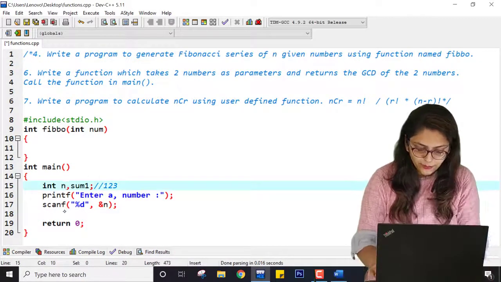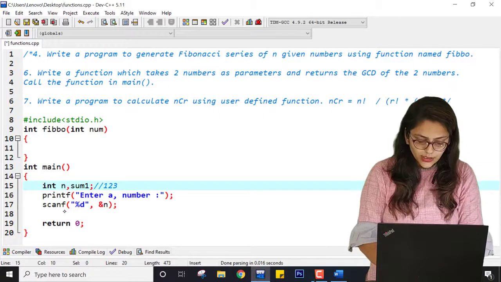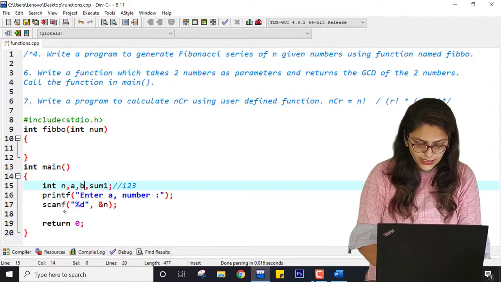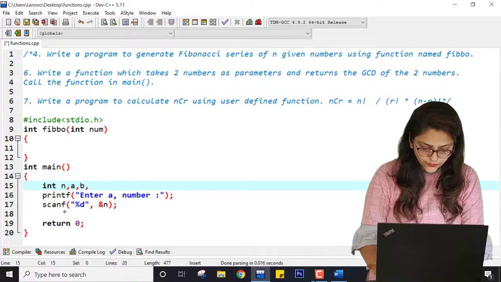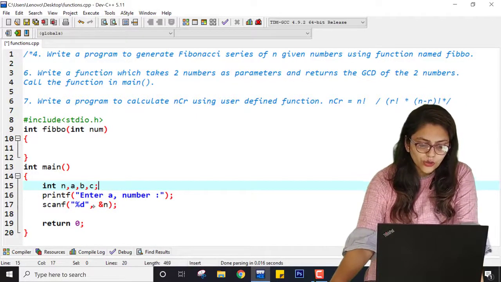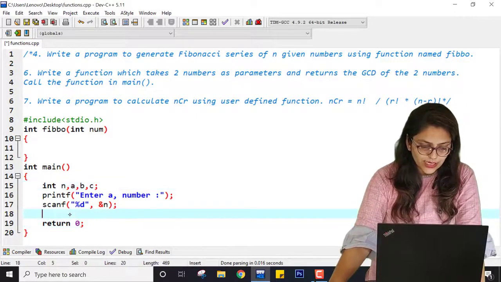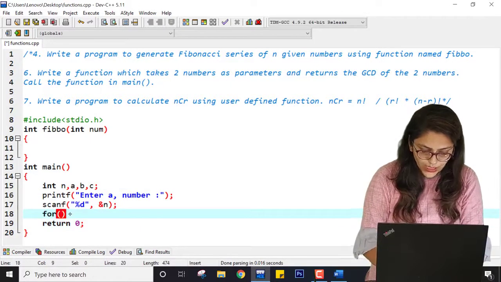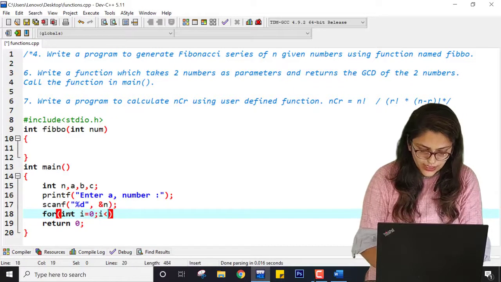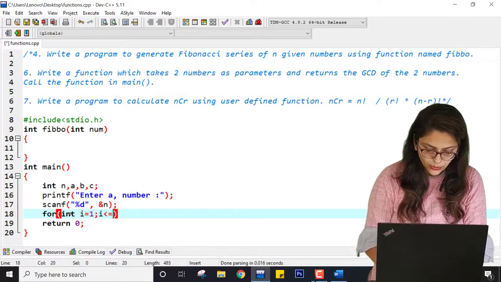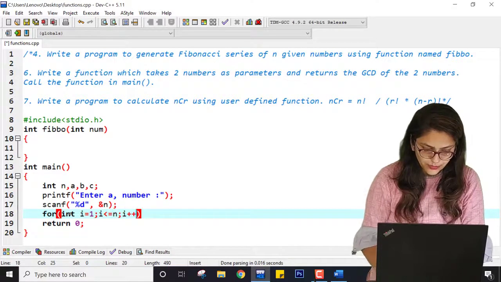So I need N from the user, then A, then B, and then C, right? What I was doing, I was taking N from the user, then writing for int i equal to 1, i less than or equal to N, i plus plus.